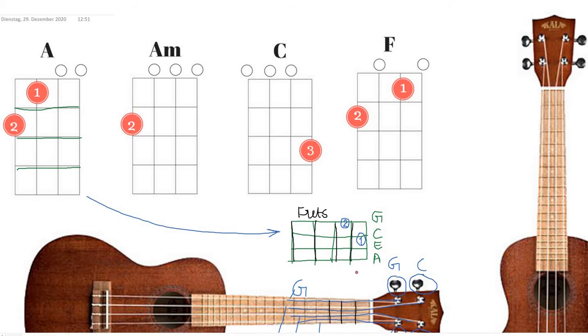So this is fret number 1. I'll just write it as F1, F2, F3, and F4. So you will put your first finger on the first fret and the C string, and you will put your second finger or the middle finger on the G string and fret 2 in order to play this chord